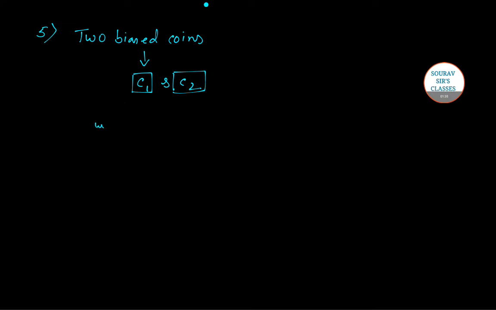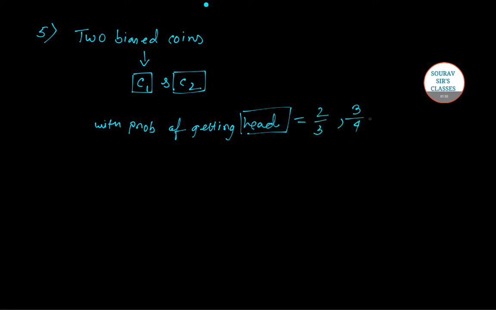For this, allow me to insert a new page. In this question, it is given there are two biased coins, C1 and C2, with probability of getting head equal to 2 by 3 and 3 by 4 respectively. Now, in two tosses of each coin,